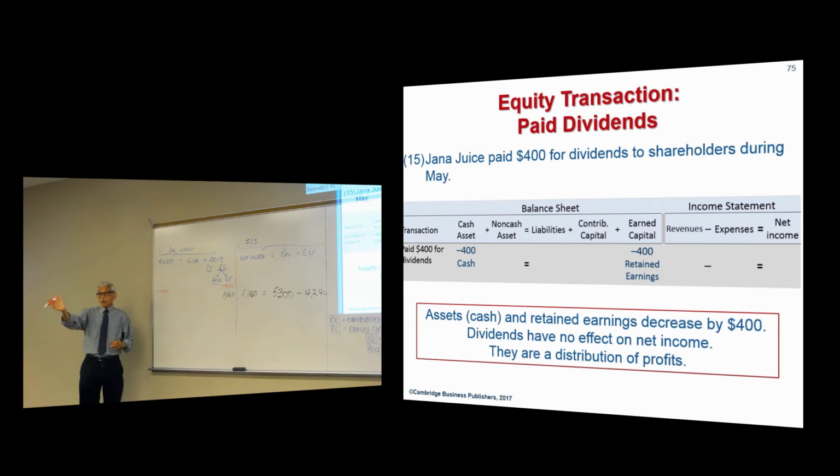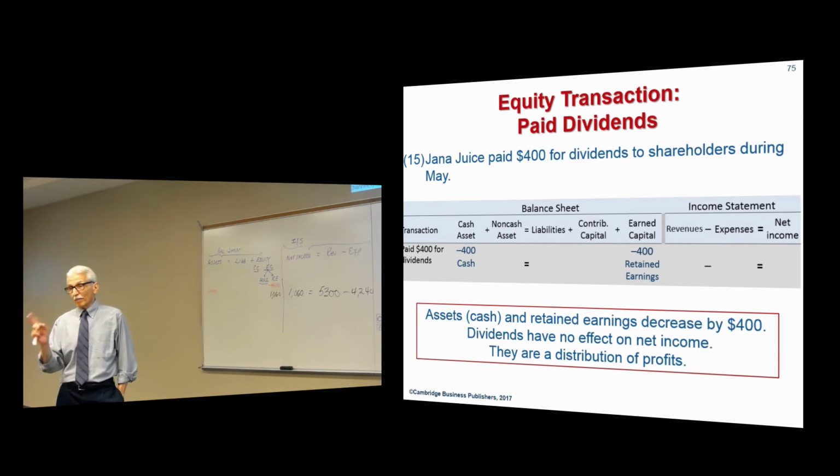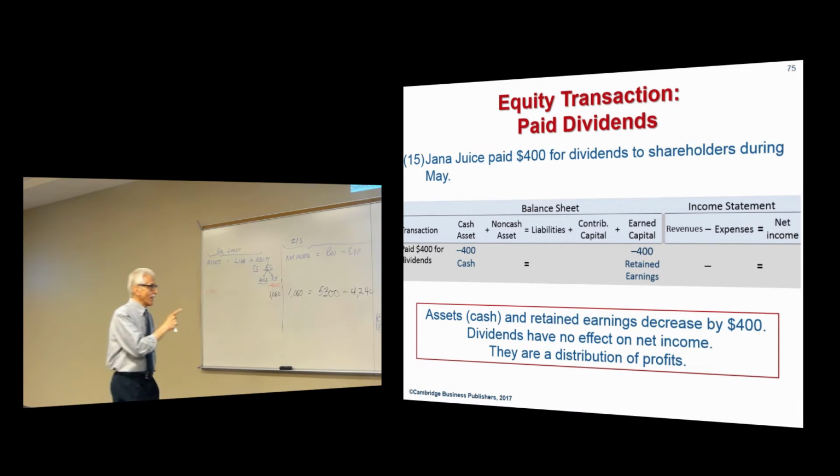But Scott asked the question earlier today, how do I get a transaction on both sides of the liability and equity side? If you declared the dividend but didn't pay it, it's a liability. One thing you have to keep in mind, dividends are liabilities when they are declared by the board of directors. So if I declare a dividend but don't pay it, I create a liability. In this case, we assume we're paying.